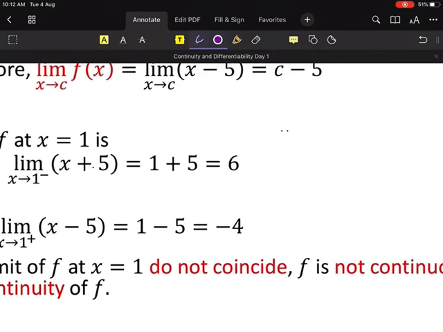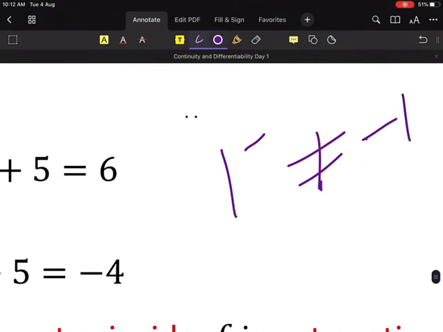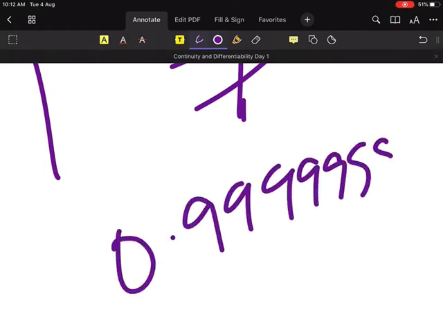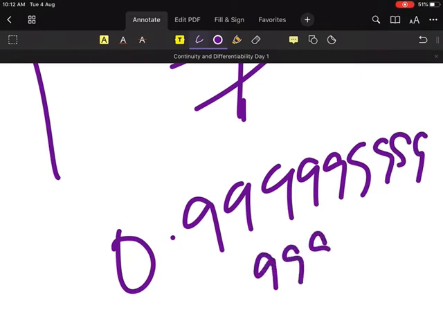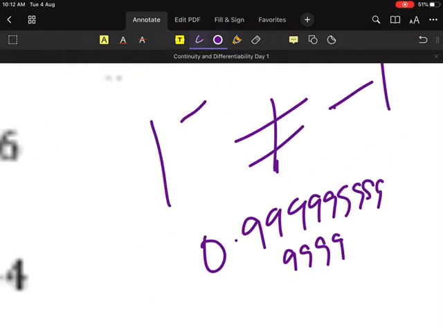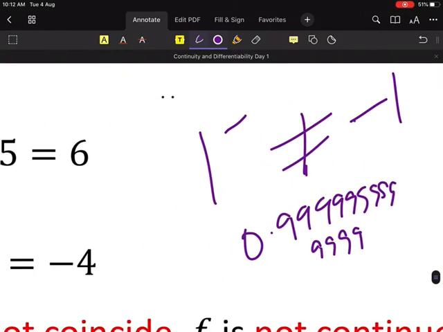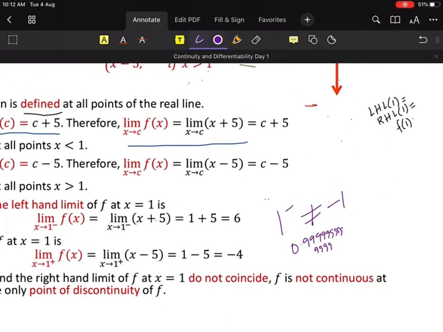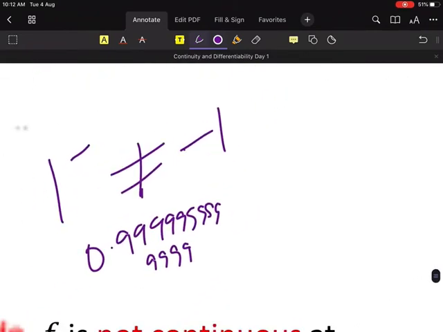Everyone please clarify yourself: 1 minus does not mean minus 1. 1 minus is not equal to minus 1. Please be very clear about this. 1 minus means a number which is very, very close to 1. I will give you an example of 1 minus. 1 minus is like this: 0.99999999999. This is an example of 1 minus. It is very close to 1. Everyone clear? It's not equal to minus 1.